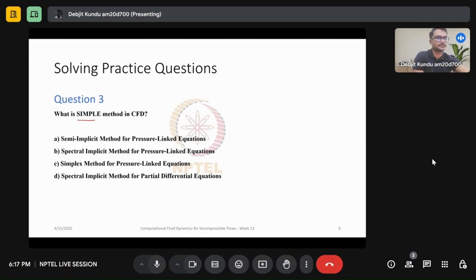Let's take a look at the solution. It's actually option A, the first one, semi-implicit method for pressure-linked equations. This was a method invented by Dr. S.V. Patankar, and let's break the name down. Pressure-linked equation, because this really links the velocity with pressure,